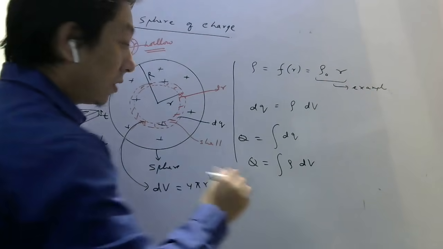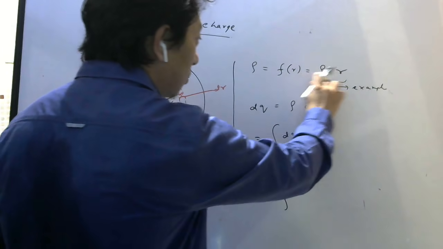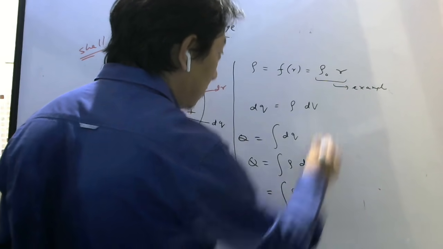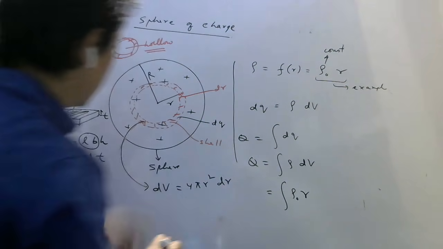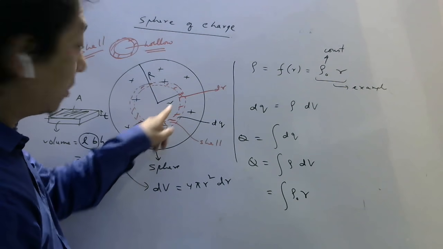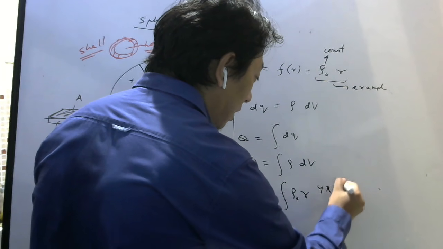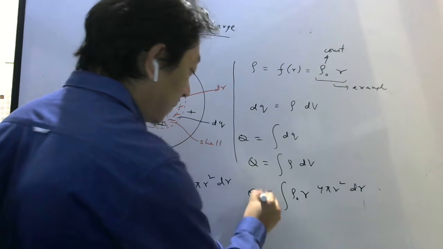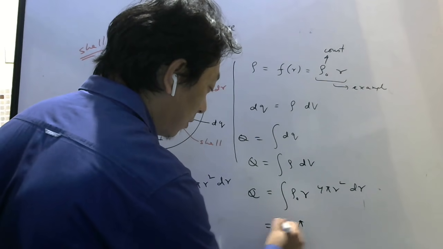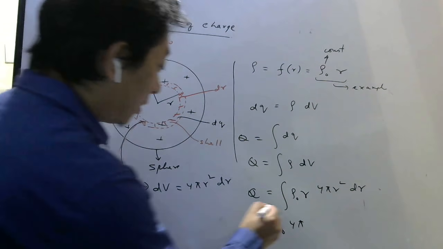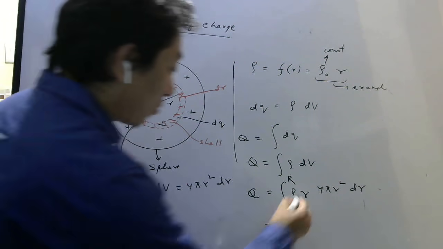Okay, last one. So in this example, what was your density given as a function? Rho naught r. Rho naught is some constant you think. And dv is the volume of this shell, whose radius is r, thickness is dr. So what is the volume I told? 4 pi r square dr. Then constants you take outside. Rho naught 4 pi will come outside, and you have to integrate from 0 to capital R. You now understand very easily, right? What is left? R cube.